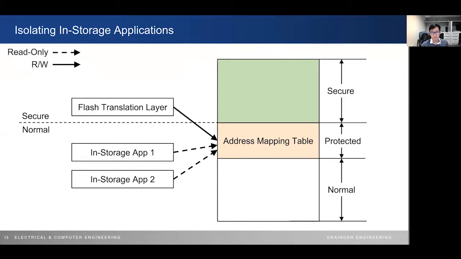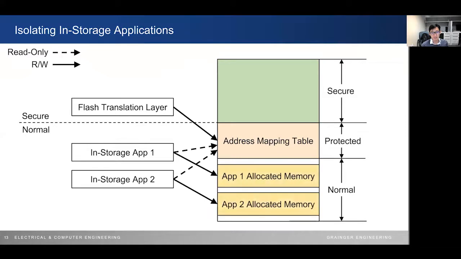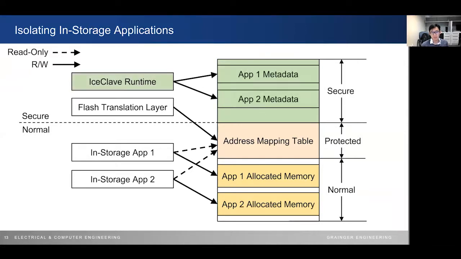And recall that we have the secure region, protected region, and the normal region. And each application can only have full access to its own allocated memory region inside the normal world. Accesses to other memory regions without proper permission will result in a page fault. So we leverage the ARM processor's memory management unit to enforce such isolation at page granularity. And we also develop a lightweight IceClave runtime to allocate memory and manage application metadata, such as memory access permissions